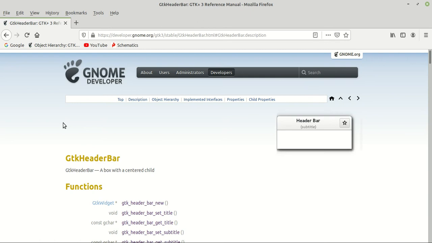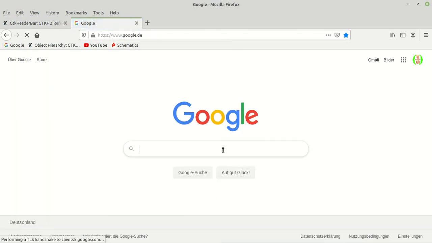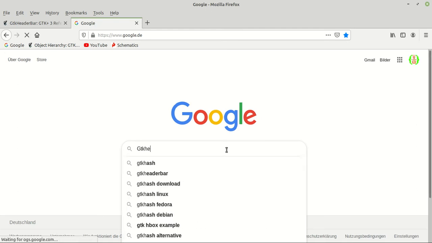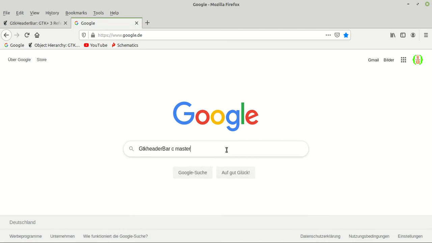Anyway, when I need to fix some things or to find out some information, I just take the faster way. So let me show you something. I open a tab, I go to Google, and then I'm just typing what I'm interested in: GTK header bar, and then "master". You see this?